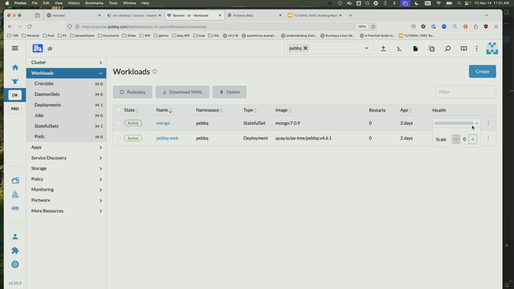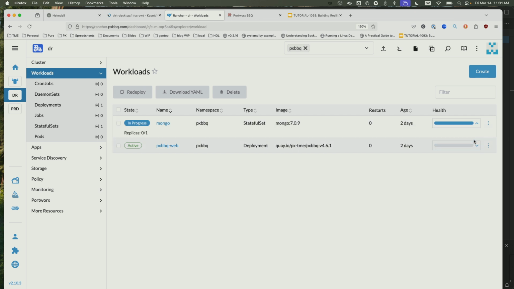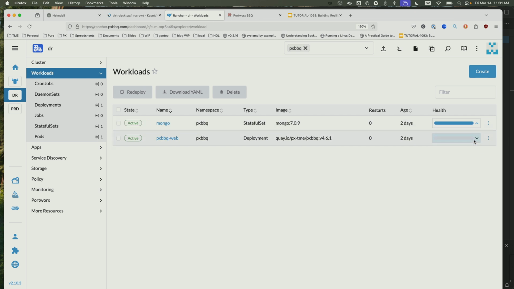Now, I'm going to, in this case, manually scale it up, but this is not a particularly realistic scenario because I'm not going to be clicking buttons. Chances are, if I want a button to push, I'm going to use stork cuddle, and there's an activate command that simply says, whatever you had on the source side, scale it to that on the destination side. Or I may use some other automation because, again, all of the things I need are just Kubernetes objects. This is really just a scale command to recover it.